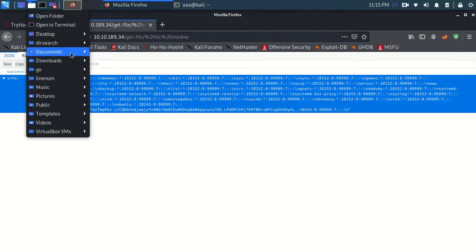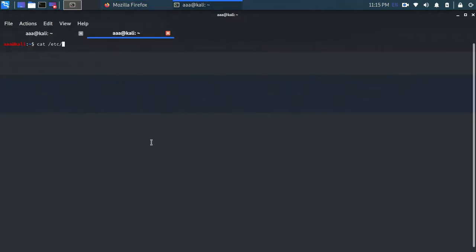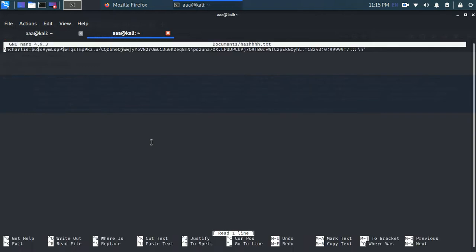For cracking, let's use nano in documents, and I have a folder called hash. You can create your own. You can make a new file by gedit and just type it in there, and I just pasted this Charlie hash.